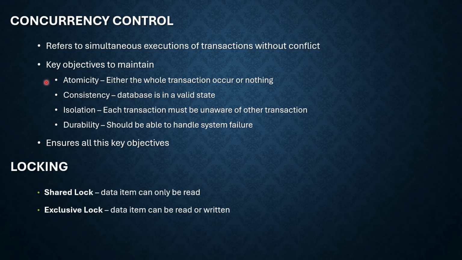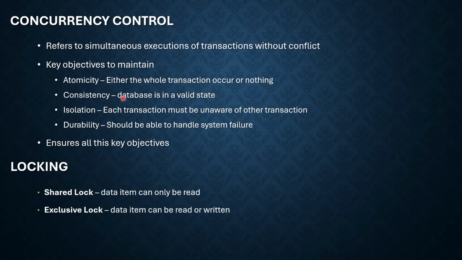So what are the key objectives while executing multiple transactions in our database system? There are four key objectives that we want to maintain. One is atomicity, which means either the whole transaction occurs or nothing occurs. One is consistency, so our database should be in a valid state, it should not break any valid state. Let me explain what I mean by an invalid state. So